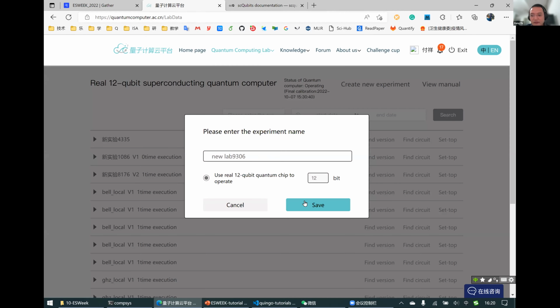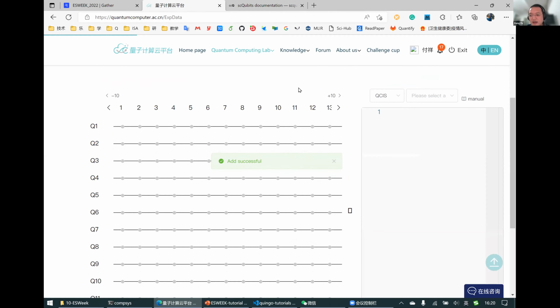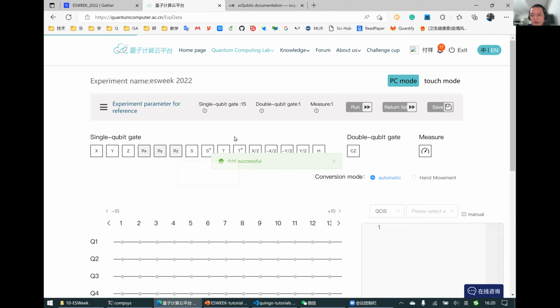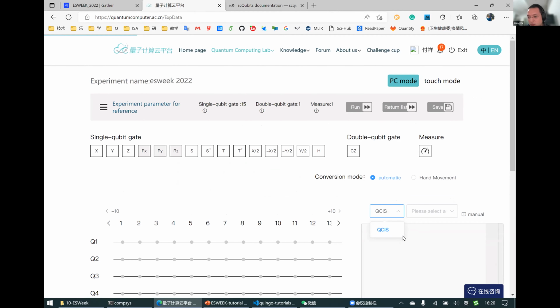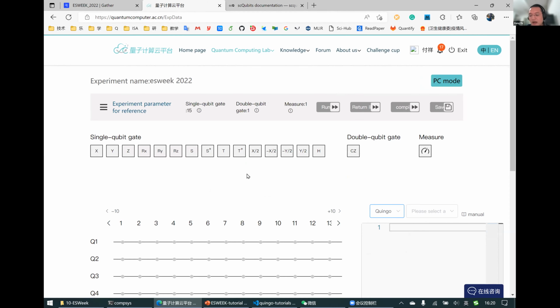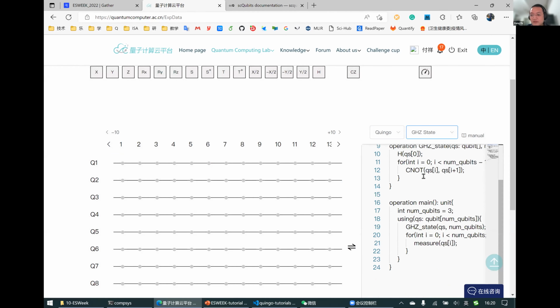I'll name it ESWEEK. You will see a page here, and then you can select which language you are going to use. Oh yes, here I can choose Quingo, and then I'm going to load some program here.